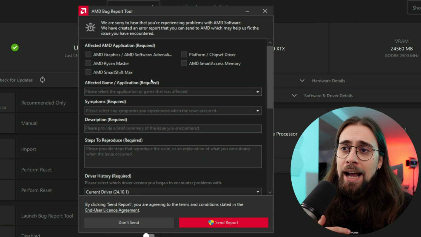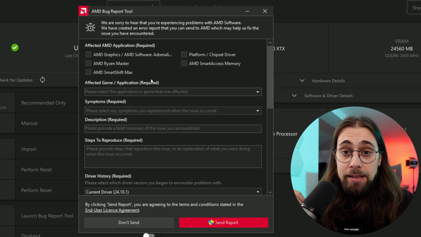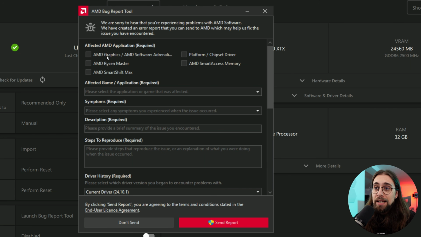And anytime I find a driver issue and so on, I send it immediately to AMD in order for them to fix it ASAP. So you can select graphics, Ryzen Master, Smart Shift, the software that you're using, basically the application, then you select the affected game, the symptoms and so on. You just do it, you send it to AMD with a send report, and they'll fix it as soon as